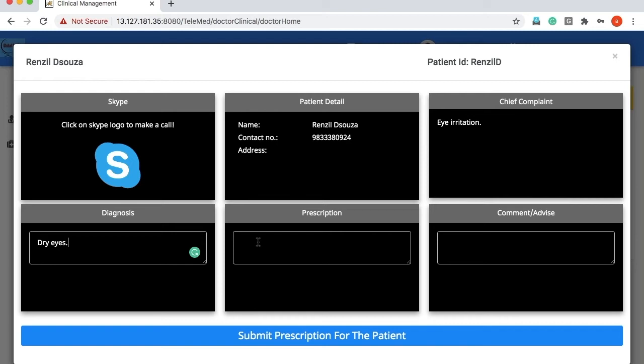The prescription is generated by typing the medicine in the prescription panel and the comment and advice. The comment and advice, if any, can be typed and will be printed and displayed on the prescription.